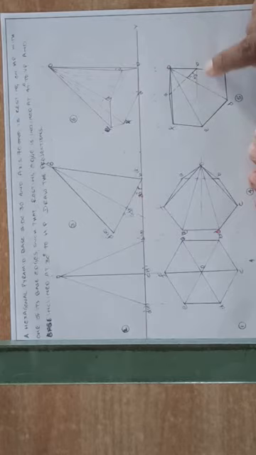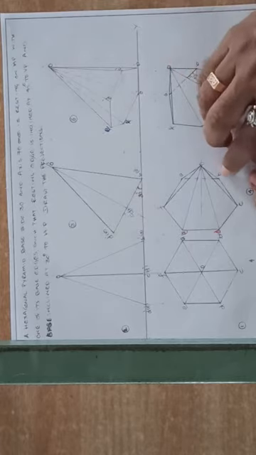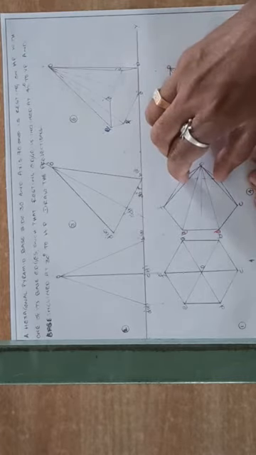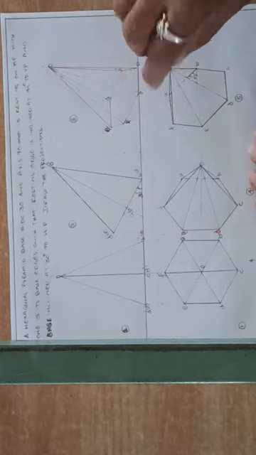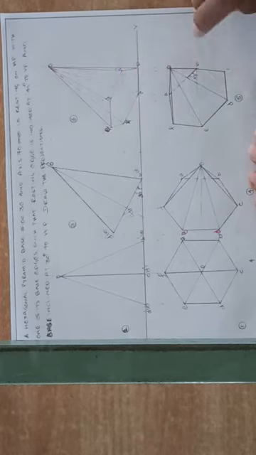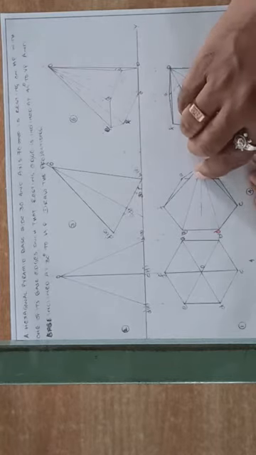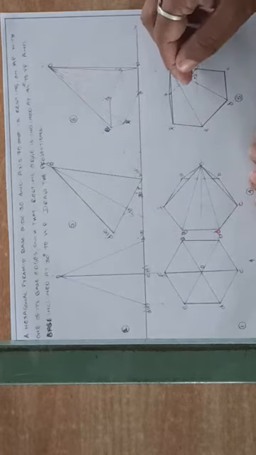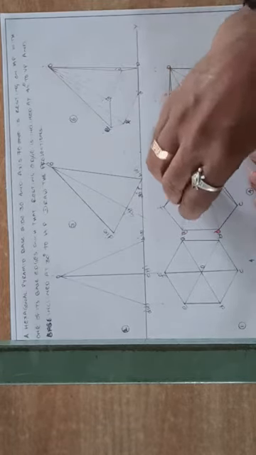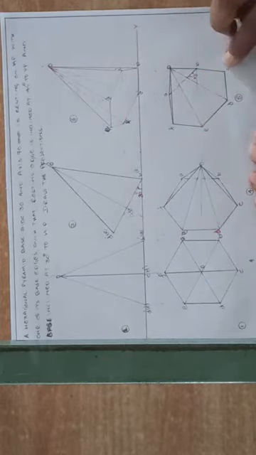Now anywhere here draw a thin line. At 45 degrees draw an inclined line. The resting edge here is AB. Take this AB distance and transfer it here. Then similarly transfer the points here. From this AB to this line, take this distance, so mark here. Then from this point to the end, transfer here and draw the vertical lines.